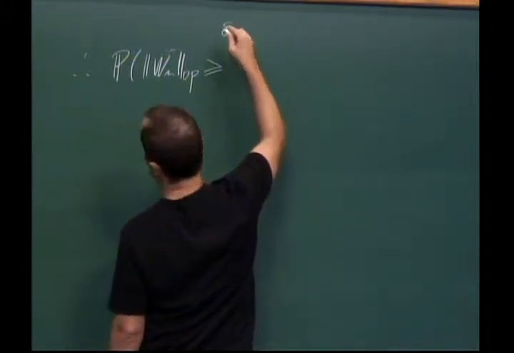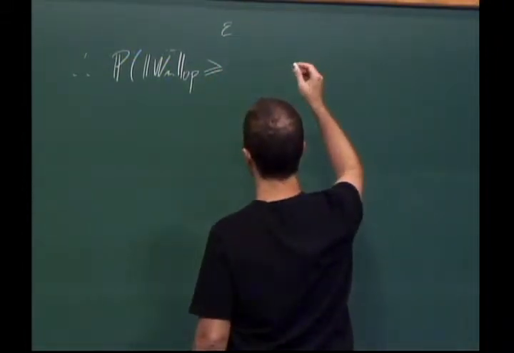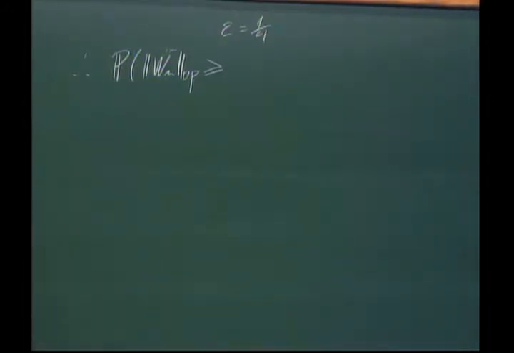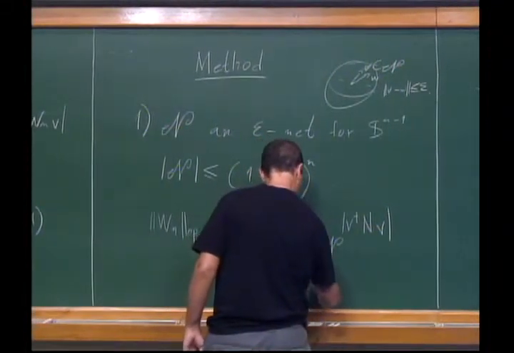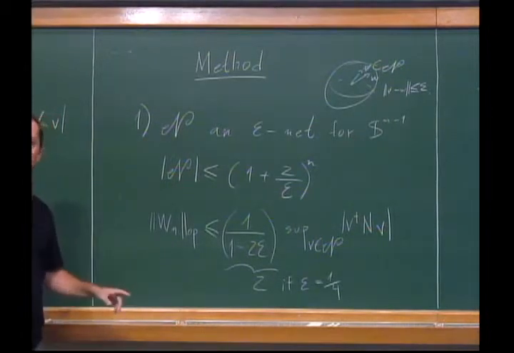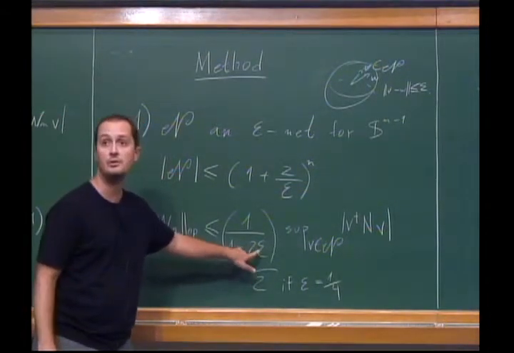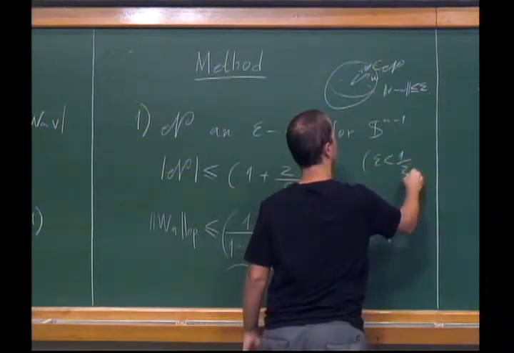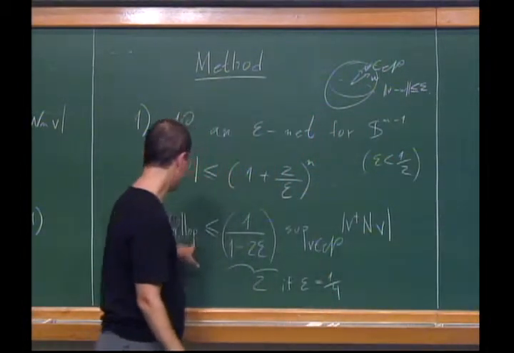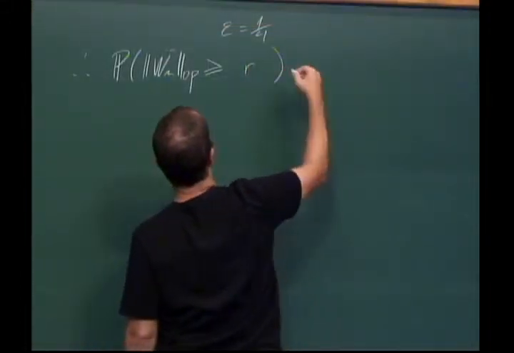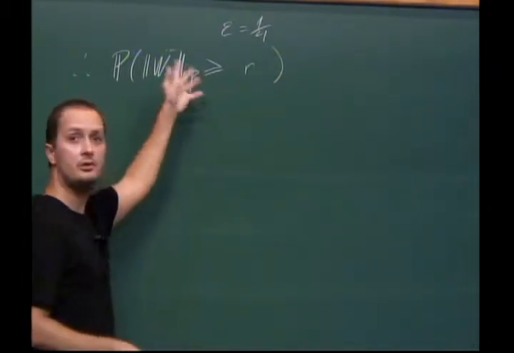Let's take epsilon equal to a quarter here. So in this case, the coefficient here becomes 2. The value of epsilon that you choose doesn't matter too much as long as it's less than 1/2, so that you have something well defined here. So let's say we can all agree on this. So the probability that the operator norm is larger than some R,